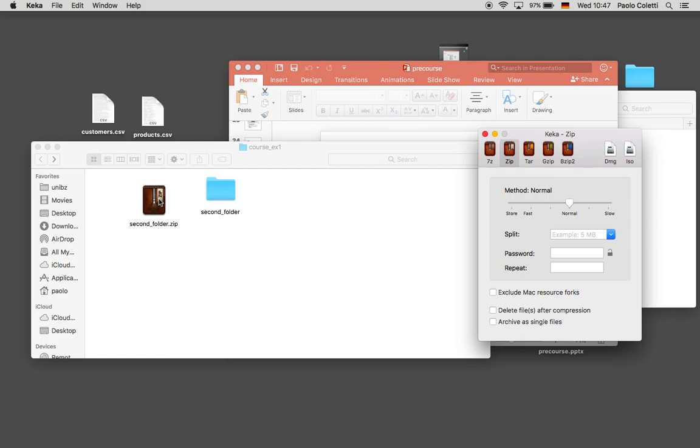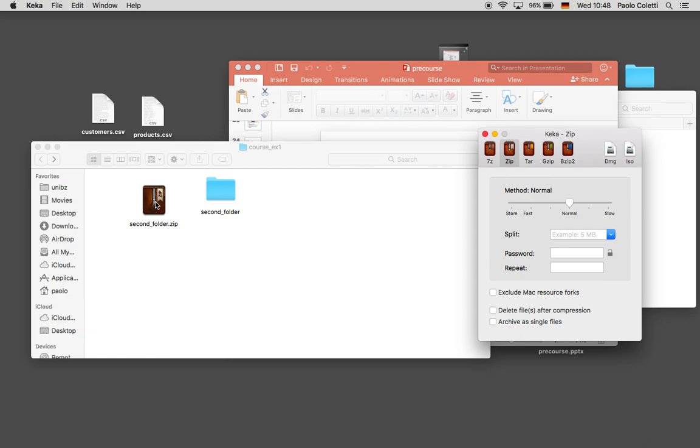But if you open a zip archive just to look inside it, and you start modifying the files inside, even if you save, you are not sure that they will be saved inside the zip archive. So beware, this is a typical mistake that happens several times. On the Mac it's very difficult to do, but on Windows it's pretty typical to look inside this file, start opening the files, modifying them, save, but the files are not saved.